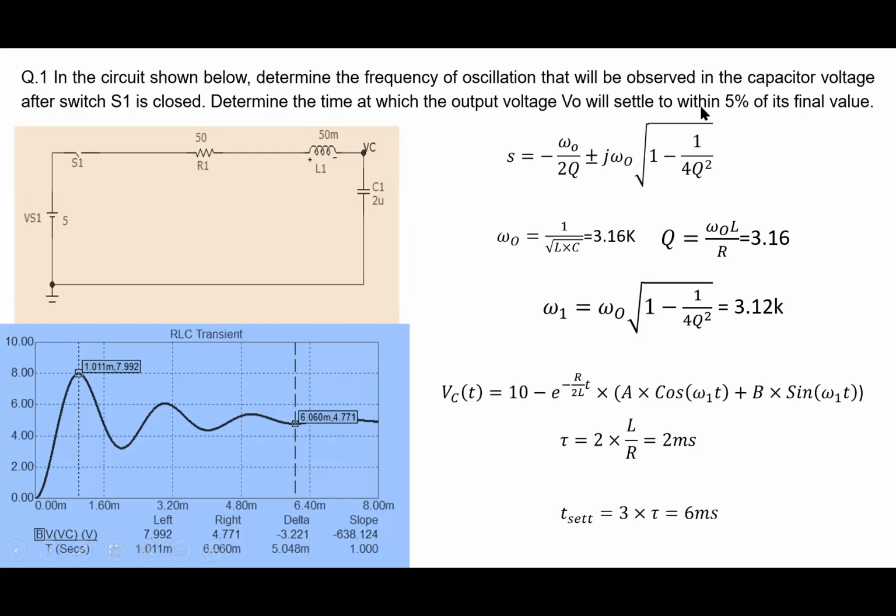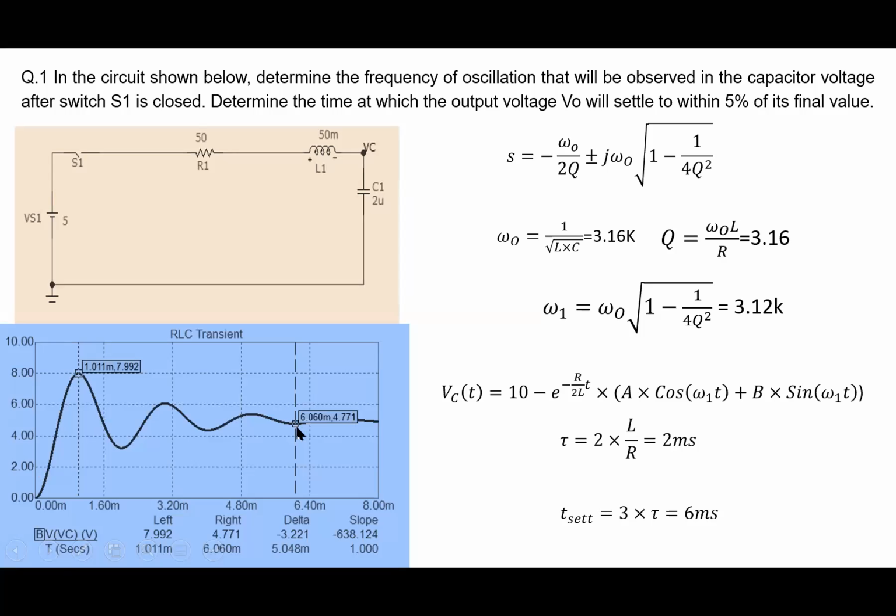So recall that 5% is 5%, or when the output reaches 95% of its final value, these are like 3 taus. So you have to wait for 3 time constants. So 3 time constants means 6 milliseconds. So you have to wait for about 6 milliseconds for this term to reduce to within 5% of the final value here. And indeed, if you look at the simulation results here, when I go to 6 milliseconds, my output